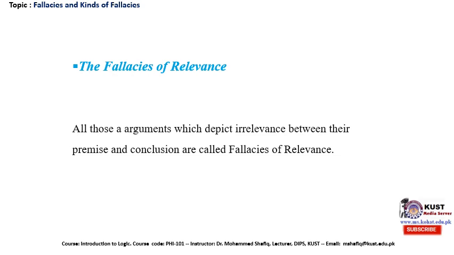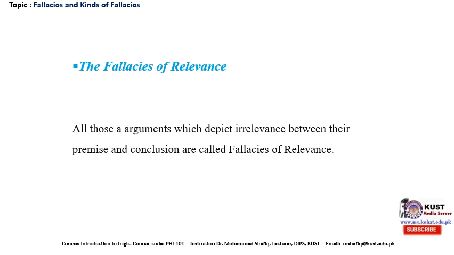So in this kind of fallacy, the target is the personality rather than using reasoning to respond to the question. And the fifth, the last one of fallacies of relevance, is called irrelevant conclusion. Although all of these fallacies have irrelevance between premise and conclusion, this fifth is particularly focused upon that kind